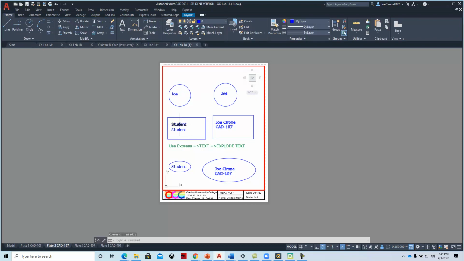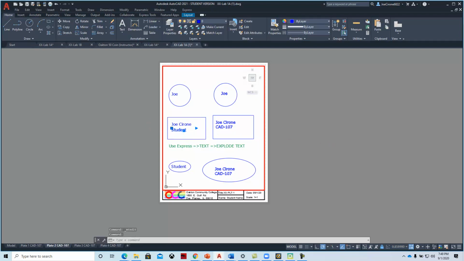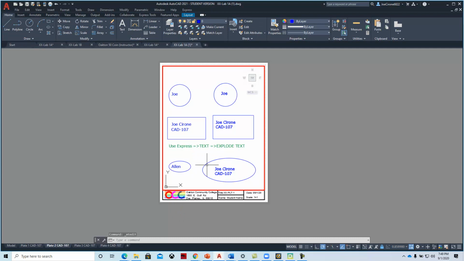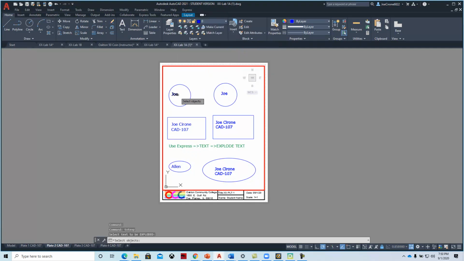Now I'll click off of it. I'll do it again. And I'll just put Alan on for this last one. All right, and so then again, to be able to model it, we're going to go Express, Text, and we're going to say Explode Text. And I'm going to explode that,